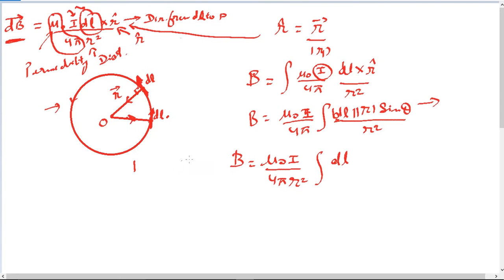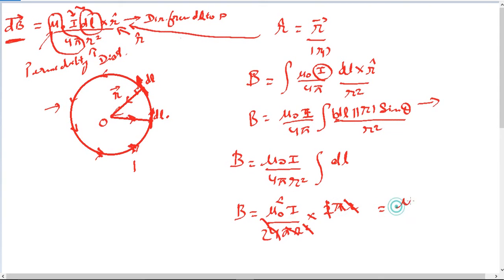So we know that we are trying to integrate dl over this entire circumference. So integral of dl is just the circumference of a circle. And what is the circumference of a circle? It's just 2 pi r. So we can say B is equal to mu naught I over 4 pi r squared, multiplied by integral of dl, which is 2 pi r. So let's see what we get. What we are left with is just mu naught I over 2 times